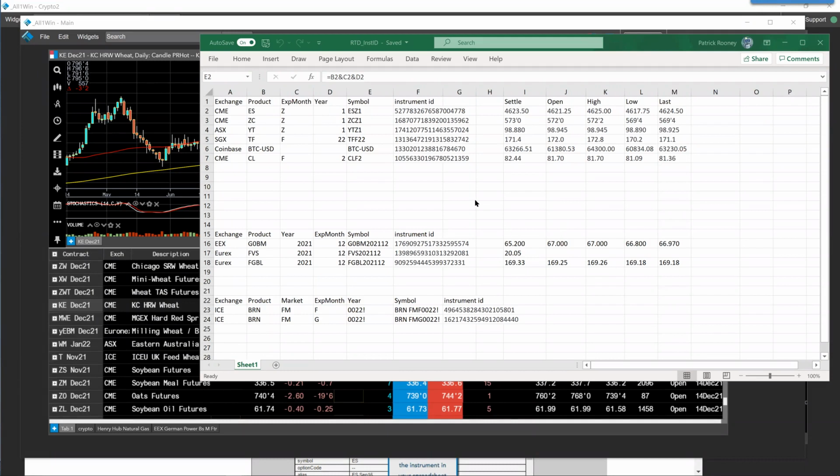All right, here's a quick and easy way to populate a spreadsheet with data from TT. It's the way that I actually like to get a lot of information out and into a spreadsheet very quickly and easily. And particularly, I know if you want to get instrument ID, that can be a very tedious thing